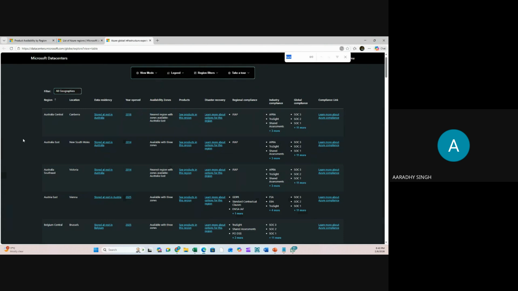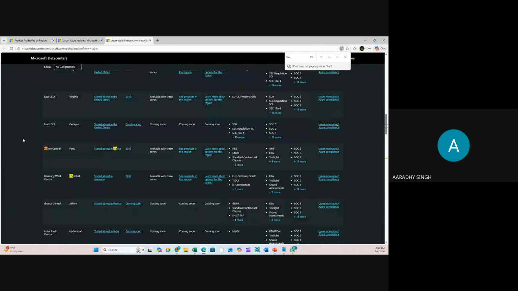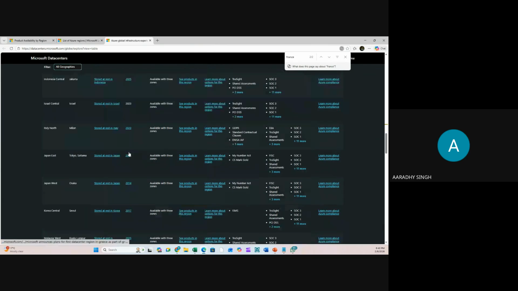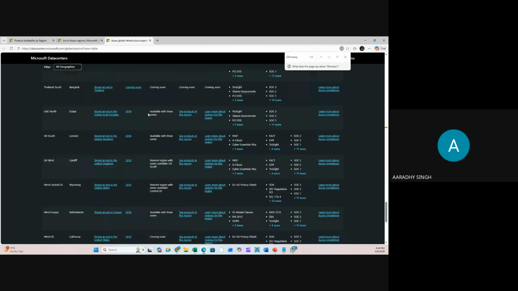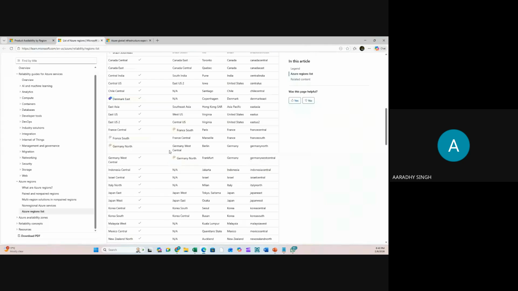Let's check France. Germany. Actually, there are two regions, but both are not listed. Let me check here. France Central and France South. Similarly, Germany North, Germany West.